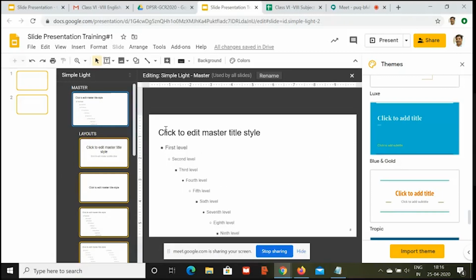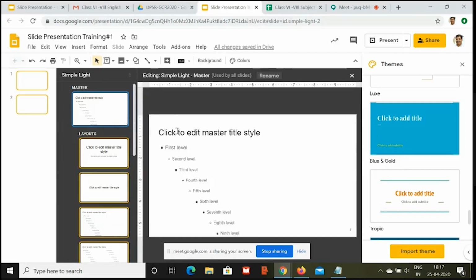You change the design for this master slide and it will impact all these layouts, right? And these layouts are heading and subheading, then you have only heading, and then you have heading and some points under that, heading and two sets of points over there. So all these are going to be changed if you just change the master slide.